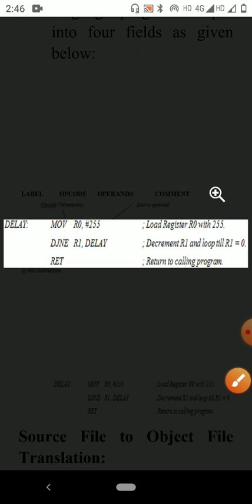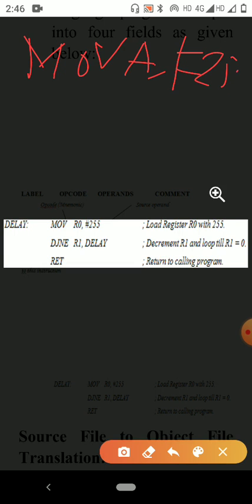So I will write the code here. MOV A, #25H. This means I am storing 25H in the register A.